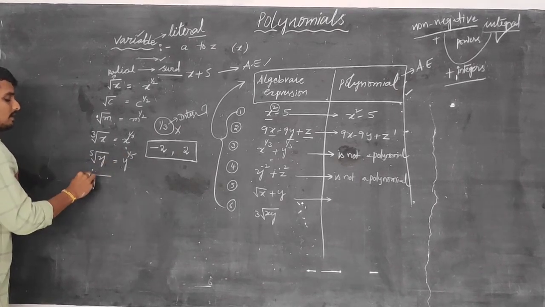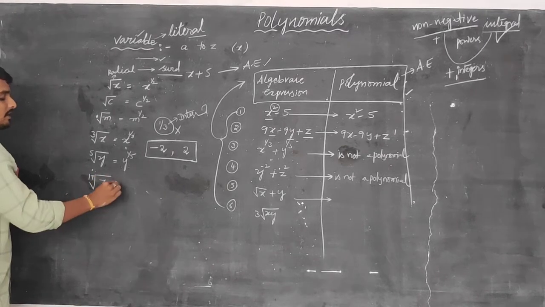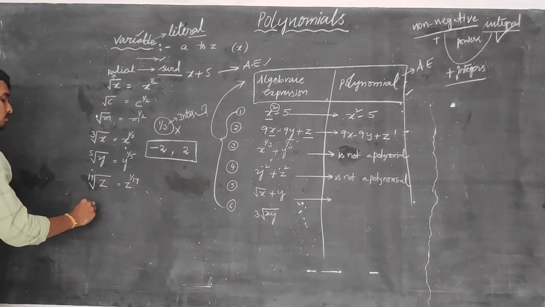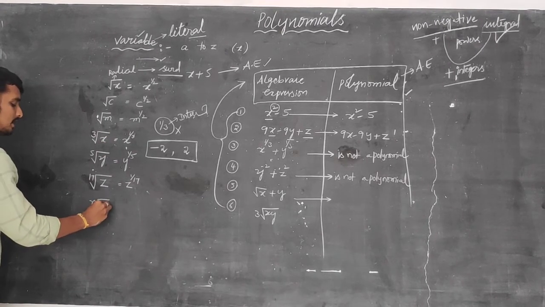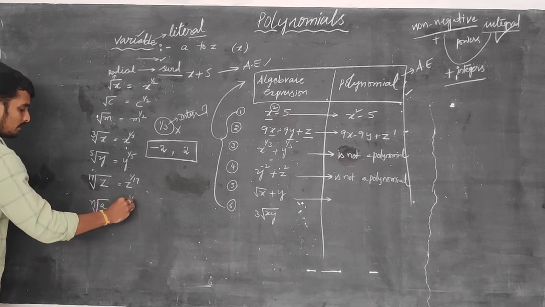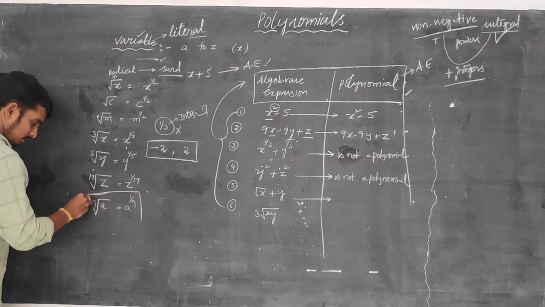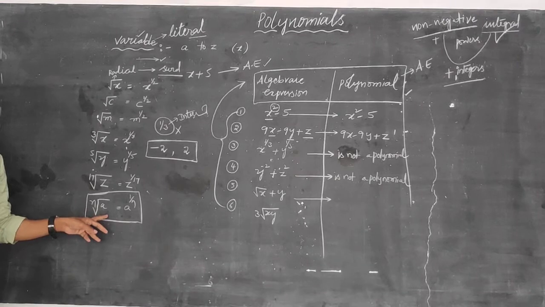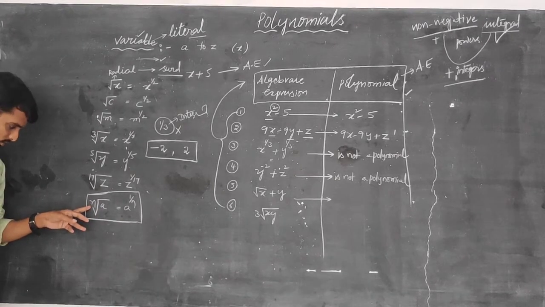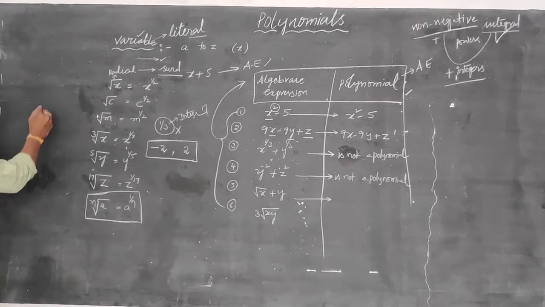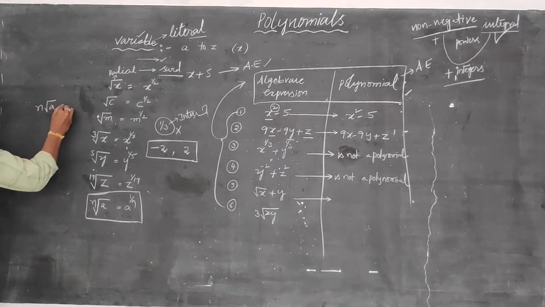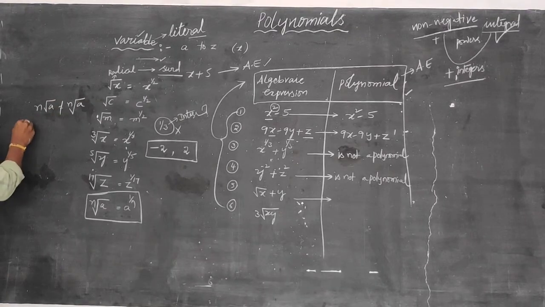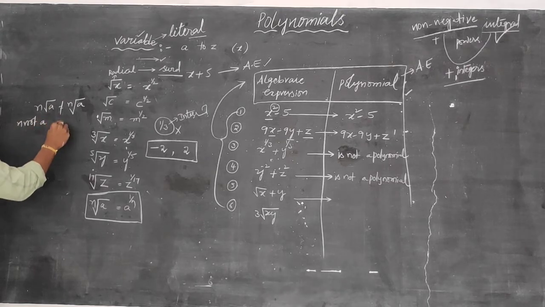The same way, I am writing the 17th root of z. How can we write it? This is z to the power of 1 by 17. Simply, we have to remember one point: nth root of a is equal to a power 1 by n. We have to remind this point. How can we read it? Nth root. This root, ఈ root చూడండి మనం కరెక్ట్ గా ఇక్కడ పైన రాయాలి, పక్కన రాయకూడదు. ఫర్ ఎగ్జాంపుల్ ఈ రెండు చూడండి, are they the same? These are not the same. This is n root a. This is nth root a.